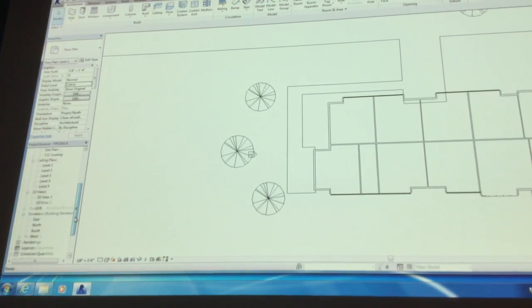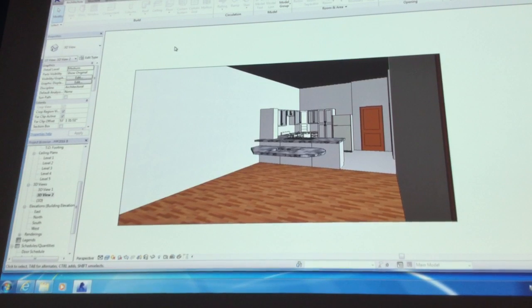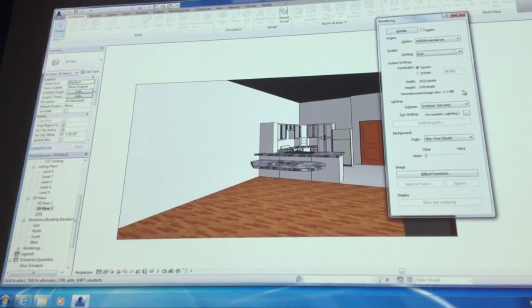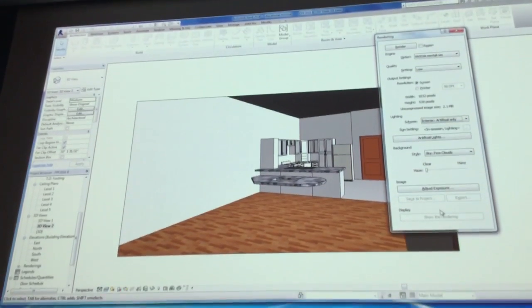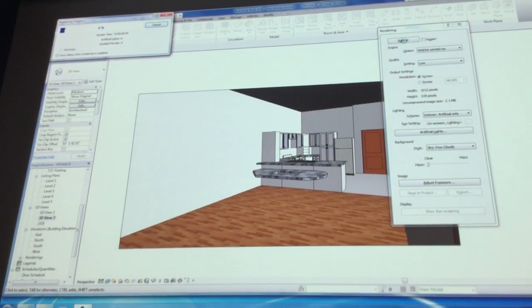Hopefully they're there. If not, we'll know real quick. Once you hit render, which is R twice, we'll just go with a real low one here. We're going to pick interior artificial only, and just hit rendering. Now, when it goes through this, it will take all of those lights into account and